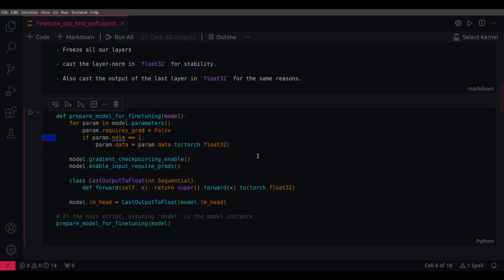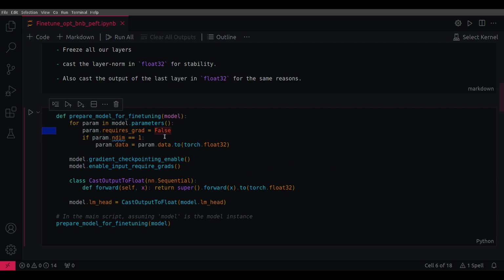Each parameter in layer normalization is a vector corresponding to the number of features in the layer. But note that this approach of doing the conditional check param.ndim equal to 1 assumes a uniform architecture where all one-dimensional parameters are from layer norm layers. While this principle is true for many transformer architectures, it's important to note that this might not hold for all neural network architectures. But in this case, we assume that this principle holds, and that's the reason we are doing